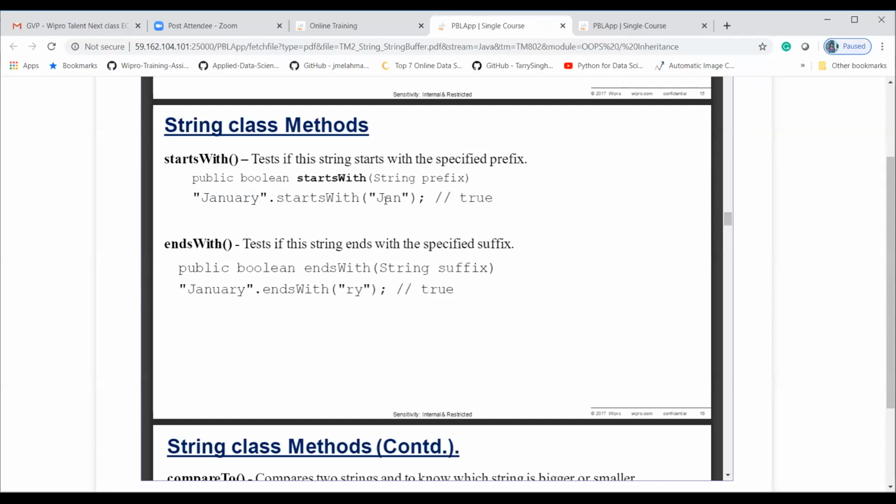It will check the first characters of each variable in that array. endsWith checks the suffix of each string in that array.